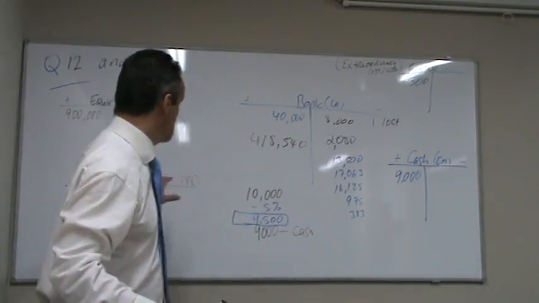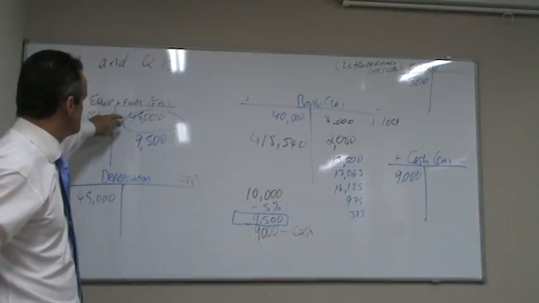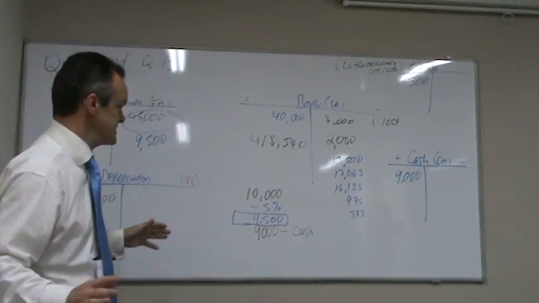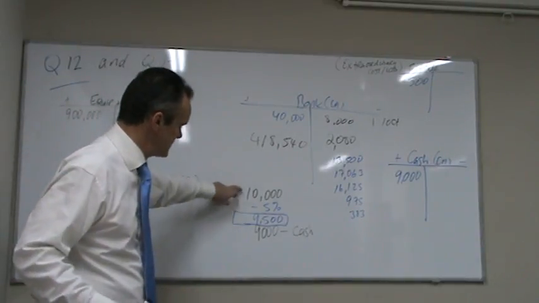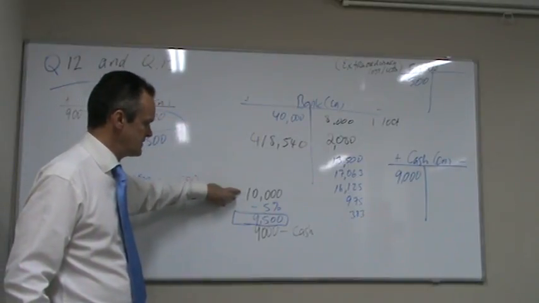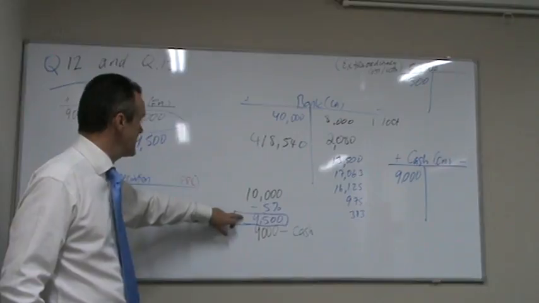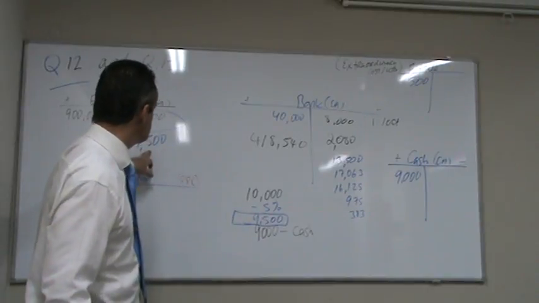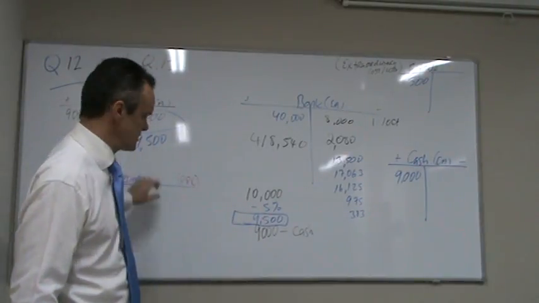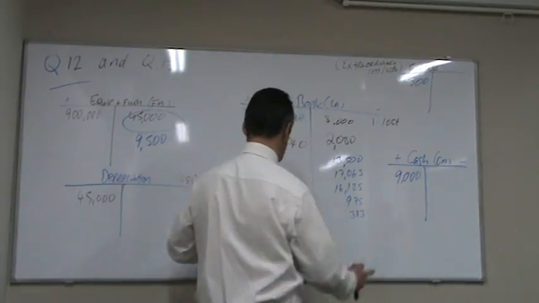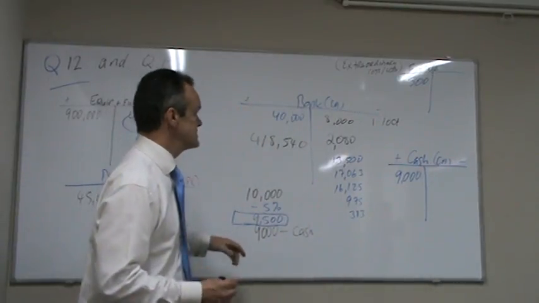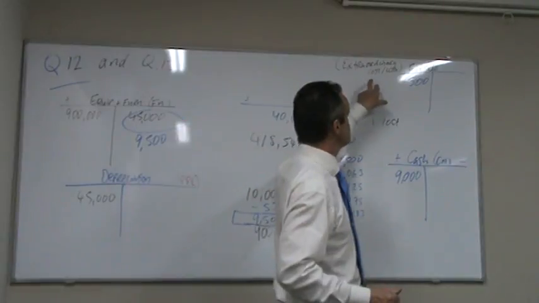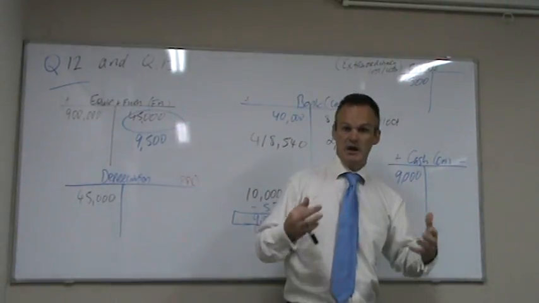But just to summarize again, in question 12, when we depreciated every single asset, it included the 10,000. So by the end of question 12, we had made that 10,000 worth 9,500. We got rid of that asset, so it's gone, it's written off the books. The 9,000 we received in cash. And the difference between them is money we lost. We believed that we were entitled to receive it, but we didn't. So we call this an extraordinary loss, because it's not from